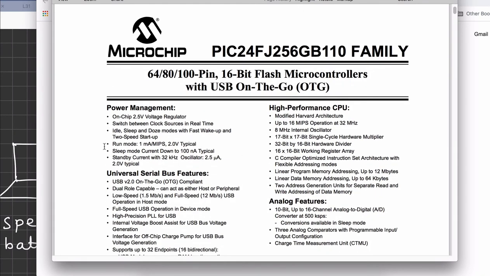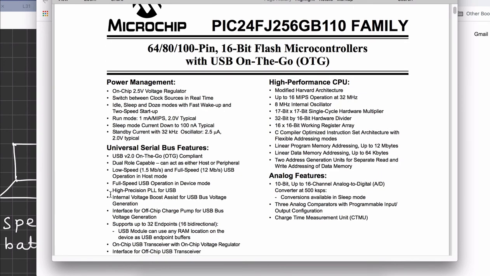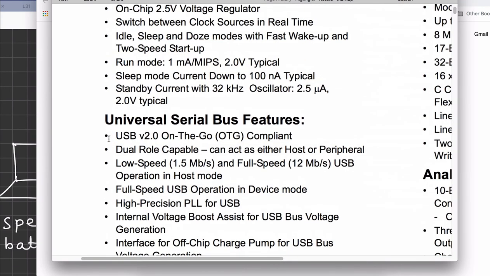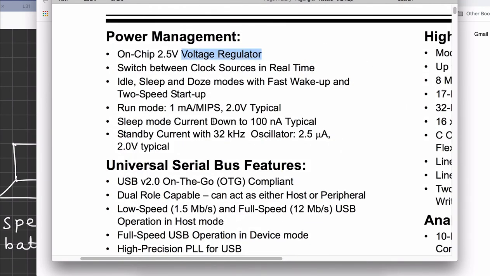It means analog circuit is important, even if you are interested in digital design. So it has a voltage regulator, so analog is important. It has idle mode, sleep mode, doze mode. All these modes are useful for reducing the power, so it is required to reduce the sleep mode current. How the processor reduces its power, we cannot do that just by writing code. There must be hardware to support that code.